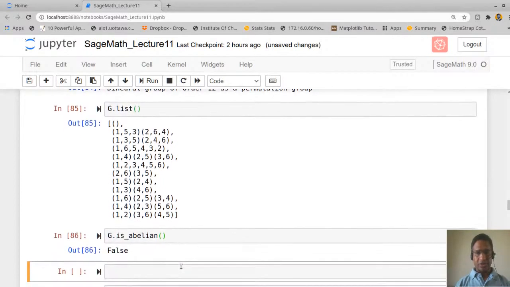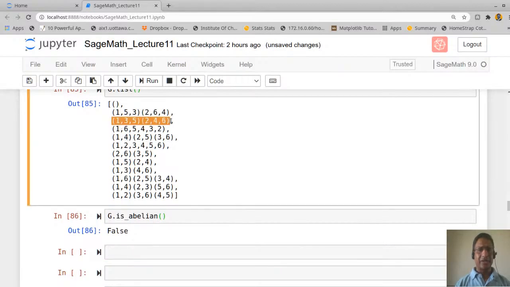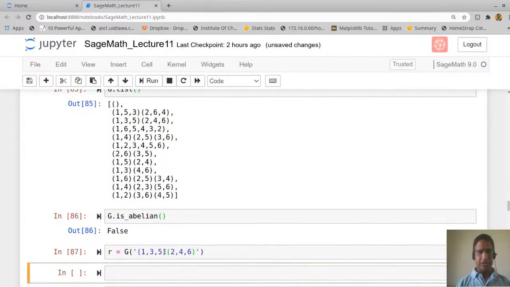So you can find out again some elements. For example, let me just take one element. Let me say r is equal to g inside single quote or double quote, and write these things.